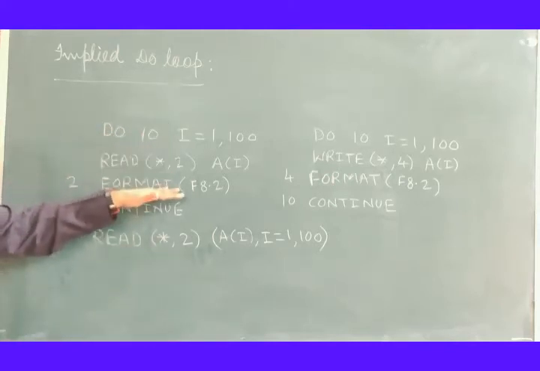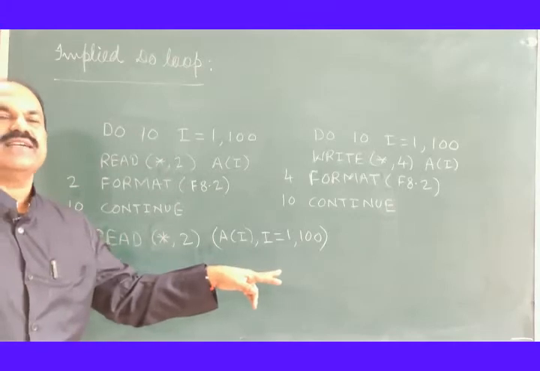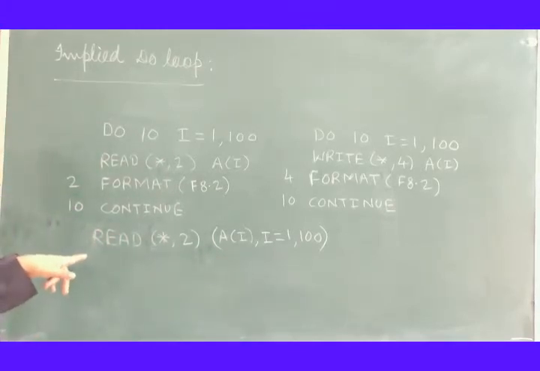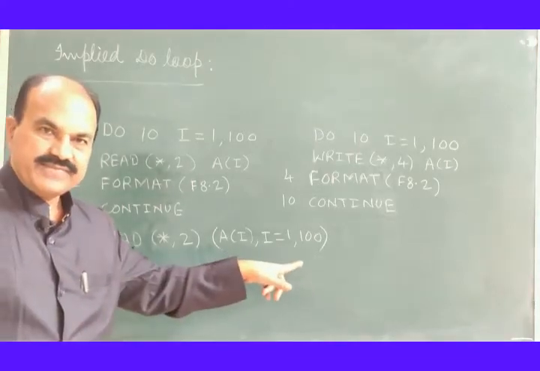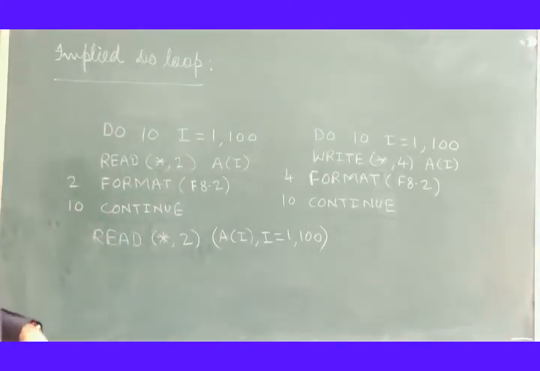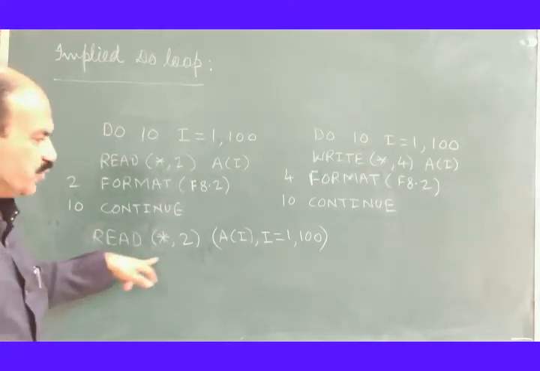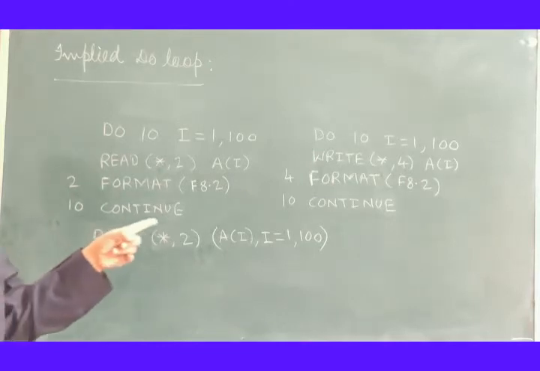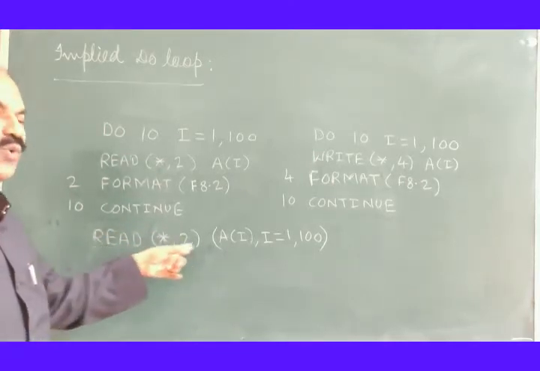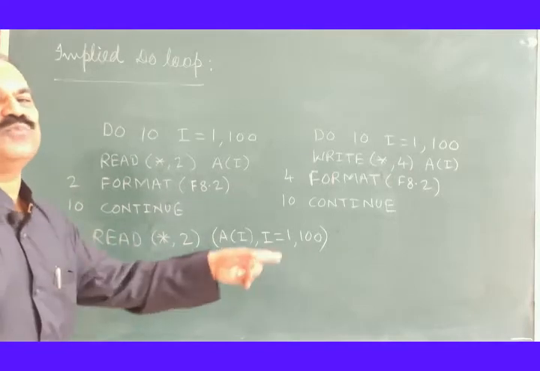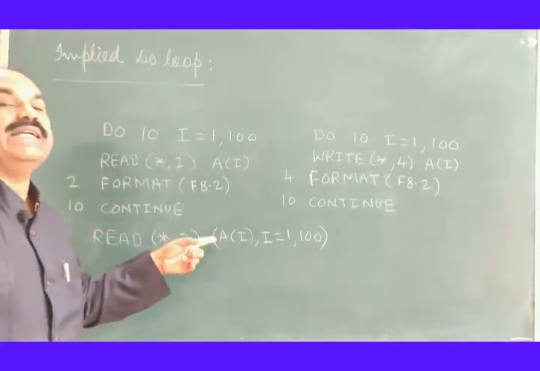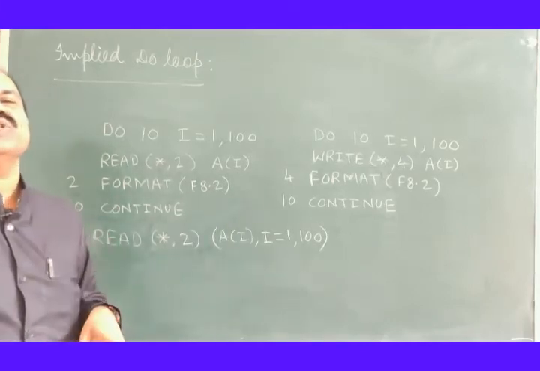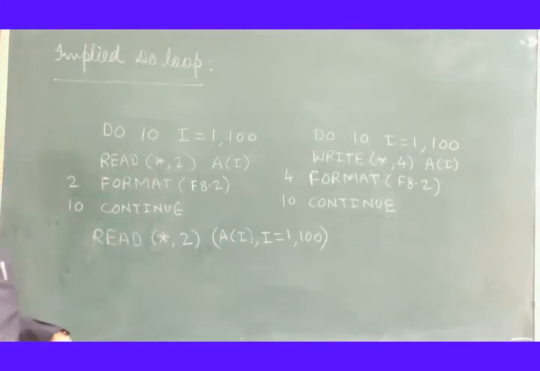So this whole thing can be represented this way. This is the implied do loop. Do you see a do loop here? Observe this statement. Try to search for do loop in this statement. You find that there is no do. There is no do loop. Still, it does the function of a do loop, and therefore such a statement is known as an implied do loop.